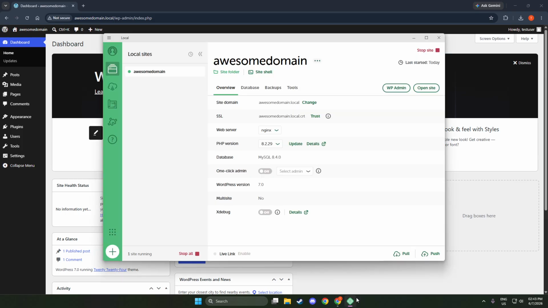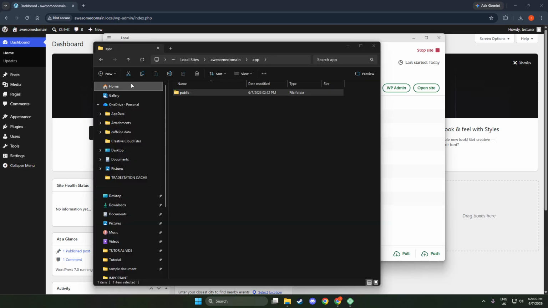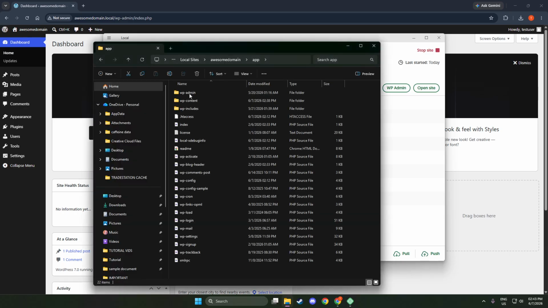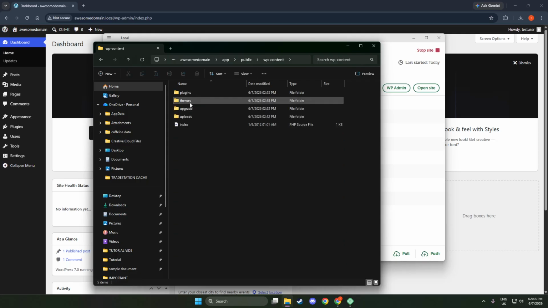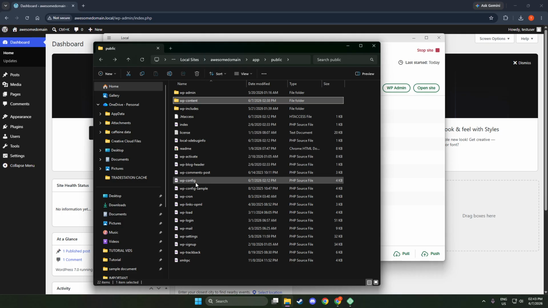To do this, access your WordPress site files using your hosting file manager or an FTP tool, and locate the file named wp-config.php. This file is one of the core configuration files for your website, so take a moment to be careful while editing it. It's always a good idea to create a backup before making changes, just in case you need to restore the previous version. Once you open